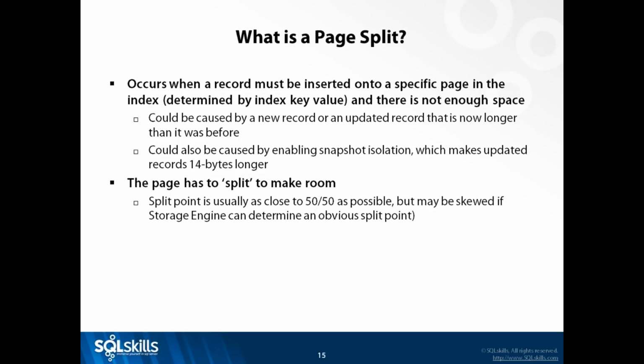The same thing happens if an existing index is updated. Let's say you've got a variable length column like a varchar 100, and you're storing the value Paul, and you update it to store the value Paul Randal works at SQL Skills. That means there's a whole bunch of extra bytes that have to be added to that record. If there isn't enough space on the page for that record to get longer, SQL Server has no choice. That record has to live there because of the key. And so the page has to have free space put on it. And that is done by an operation called a page split.